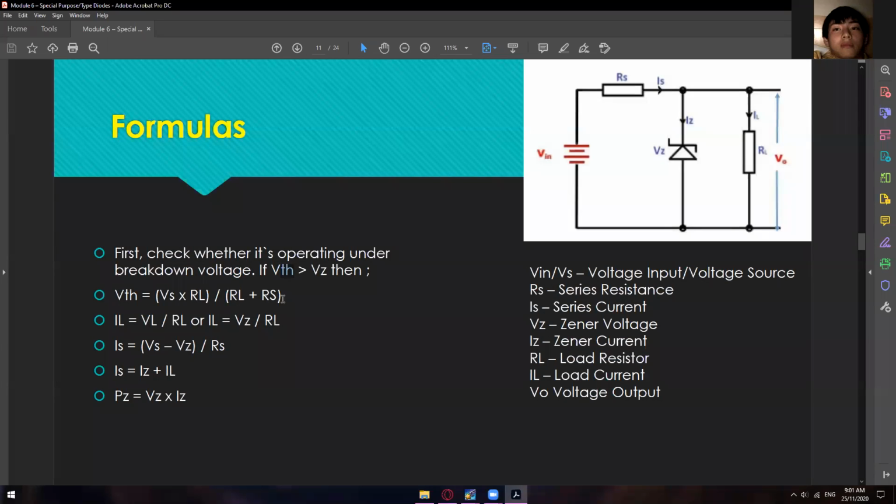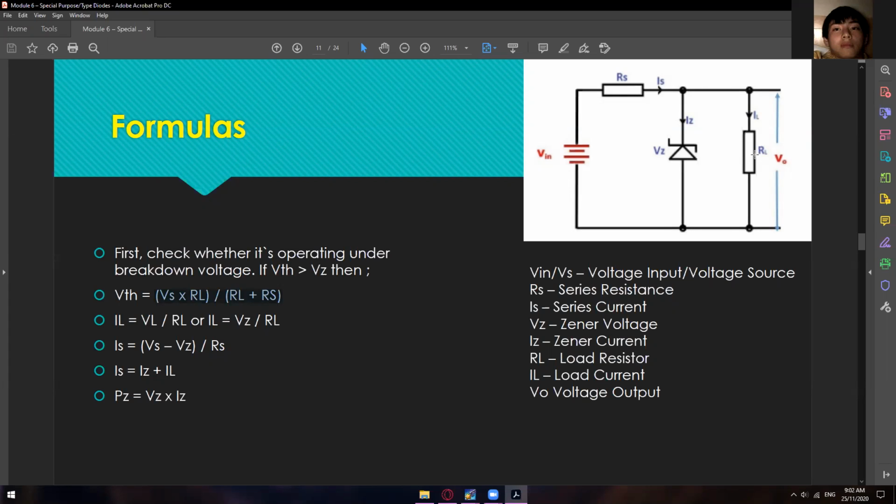This is similar to the voltage divider formula, used to check the Thevenin's voltage at this point. Let's say we have 15 volts, this will become lesser because we have to account for the voltage drop in our series resistance and the load resistance. So that 15 volts will become maybe 12 volts, 13 volts, or even 10 volts,